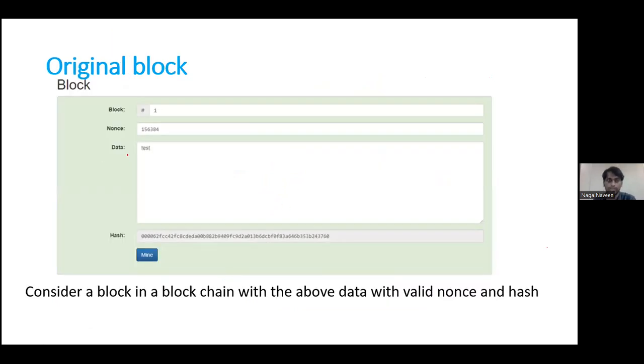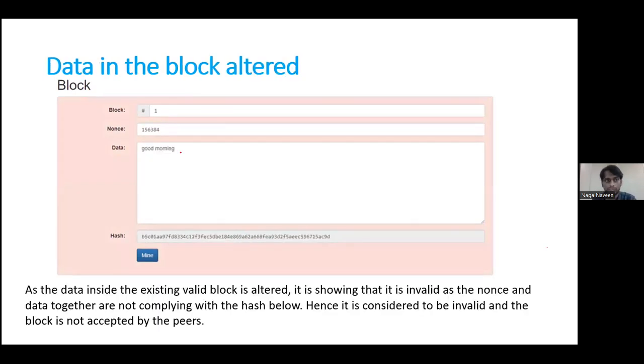Now let us say, I'm taking nonce also into consideration. Now this is block one. Its nonce is something like this, and the data is test. For this set of things, the hash that is generated is this. Now consider a block in a blockchain with the above data with valid nonce and hash. I'm saying this is a valid block because for this set of data, this particular valid hash is being generated. Now, if I change this test into good morning,